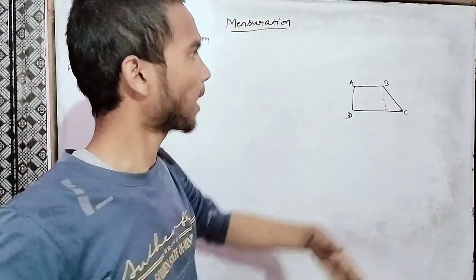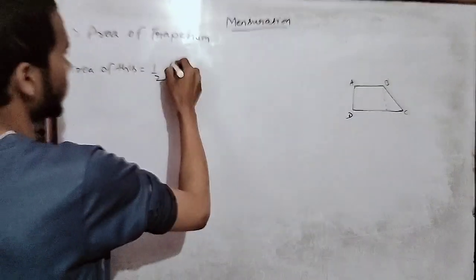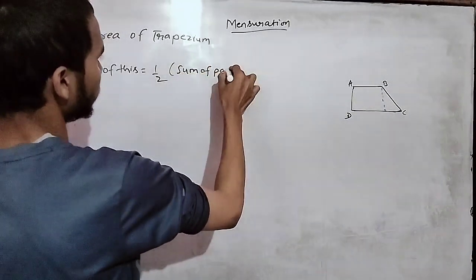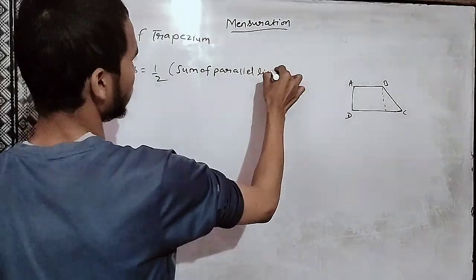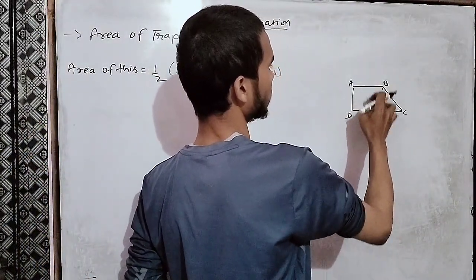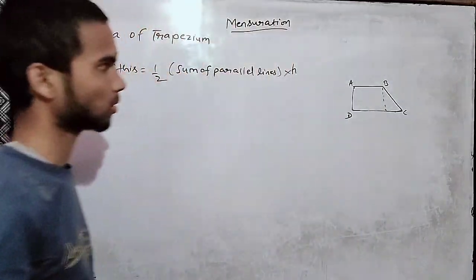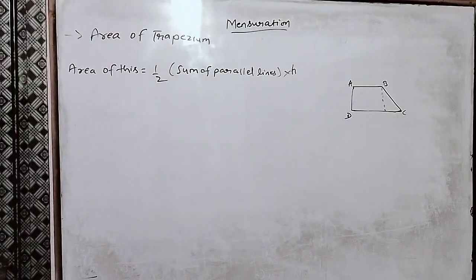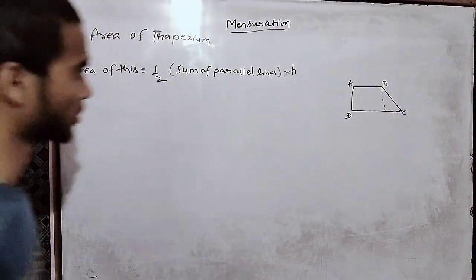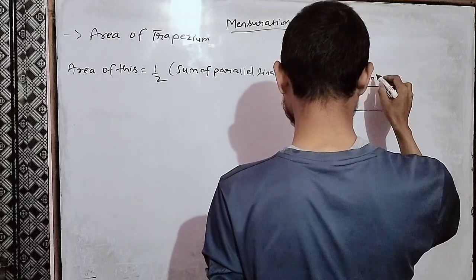This is half, and the sum of what? Sum of parallel lines. So here, this and this are parallel lines. This and this are parallel lines. Okay, then we will multiply by h, which will also be h. Now, this is 12 centimeter and this is 20 meter,